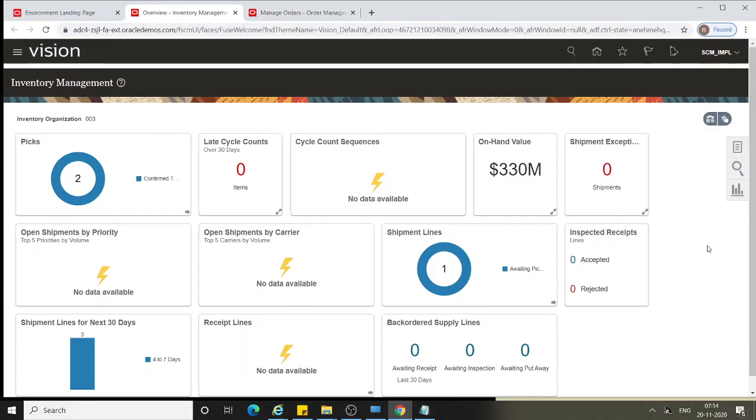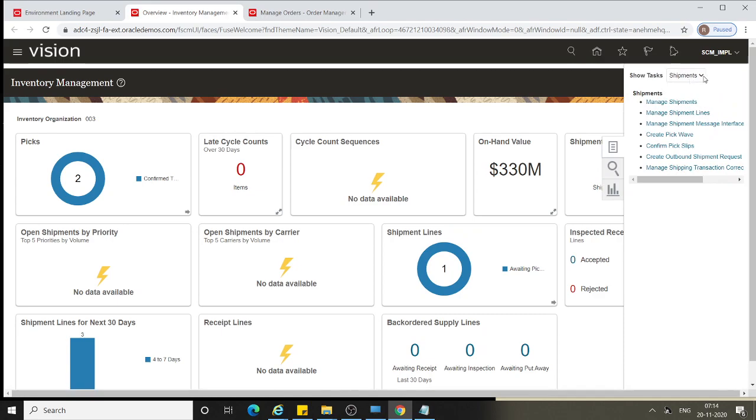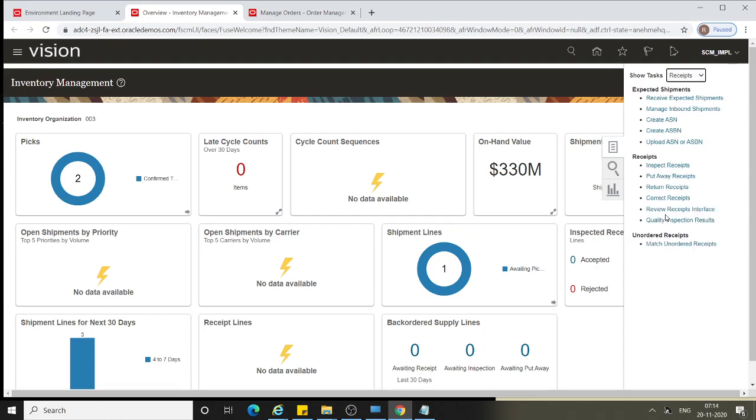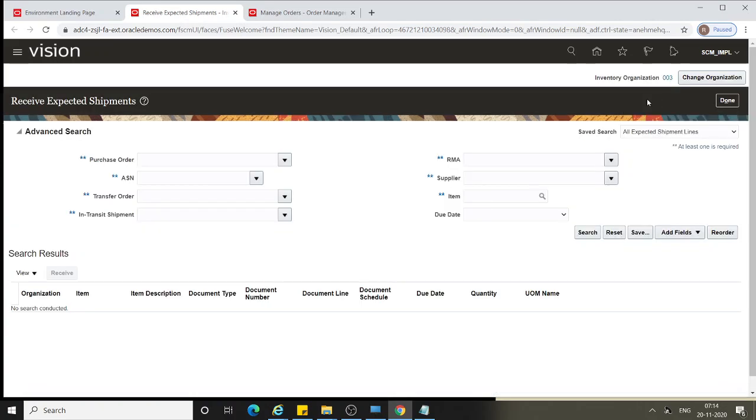Okay, so now we are in inventory management and from the task pane, from show tasks you just select receipt and click on receive expected shipment and enter your purchase order number, which is 164042.